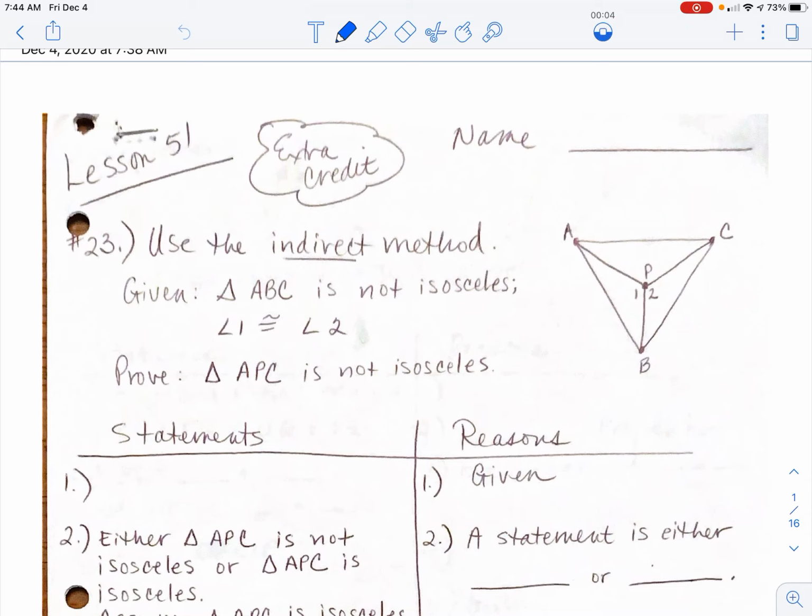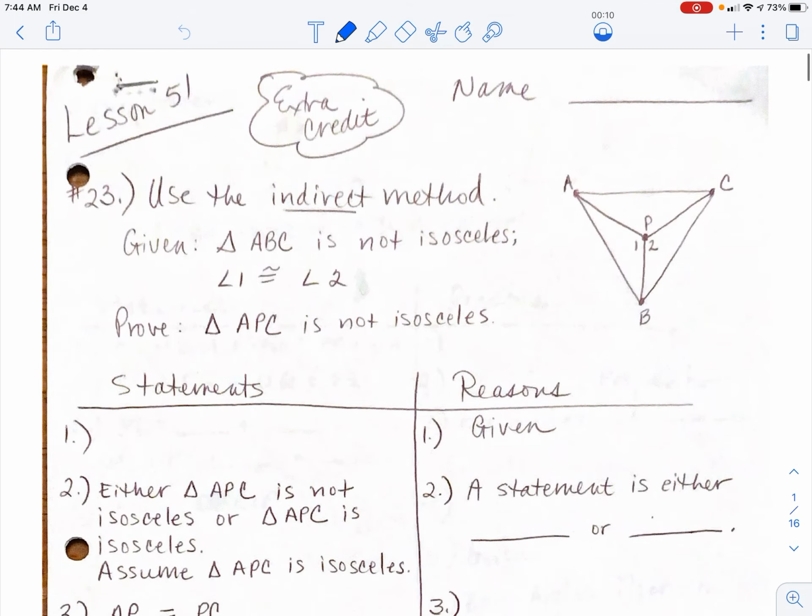Good morning, Lexi. I wanted to go ahead and get some of these proofs done with you. We're going to look at lesson 51, number 23 first. And I gave you these sheets, so you might want to pull those out and have those